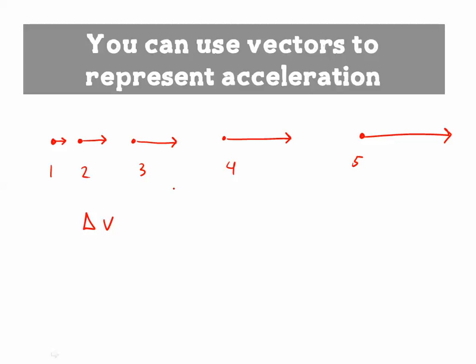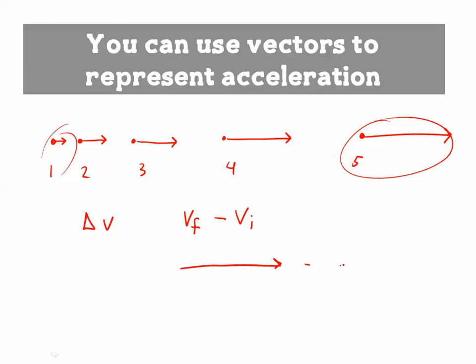So we take our final velocity minus our initial velocity. In this case, 5 was our final, 1 was our initial. So we can take 5 minus 1, which is going to look something like this,